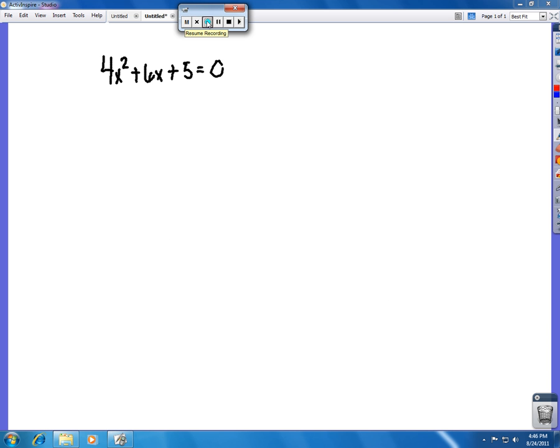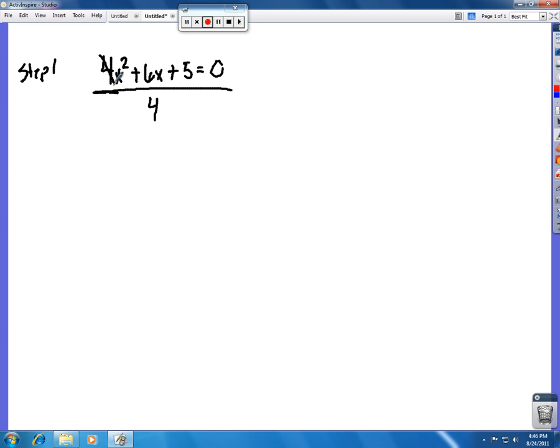Okay, moving on to the next example. The last example, we didn't really get to utilize step 1 because the coefficient of x squared was 1, so dividing everything by 1 didn't really do much. But at least here, we do get to use step 1 in your book. What that says is if the coefficient of x squared is anything other than 1, you can divide everything by that coefficient so we can get rid of it. So if we divide the whole thing by 4,